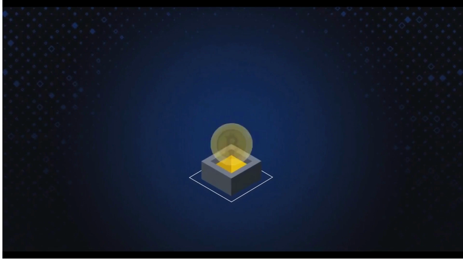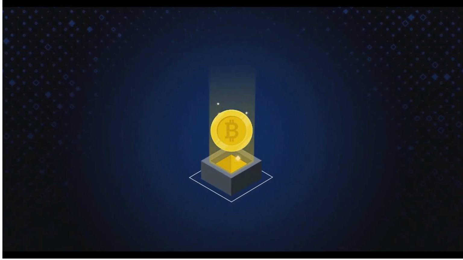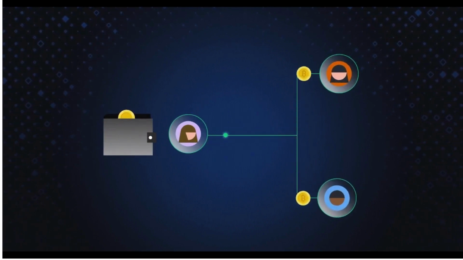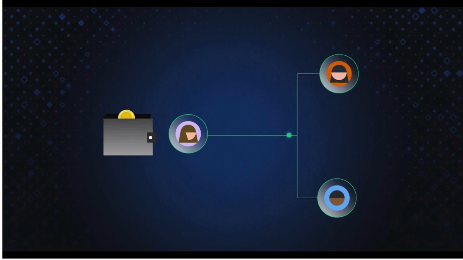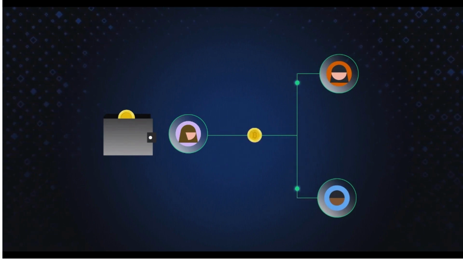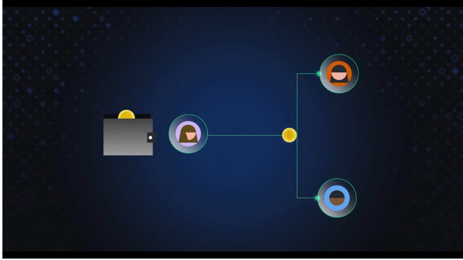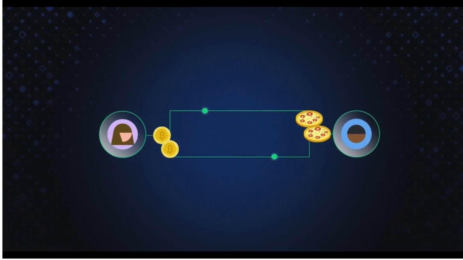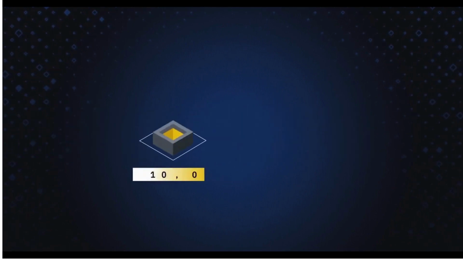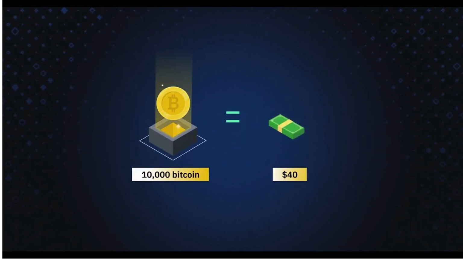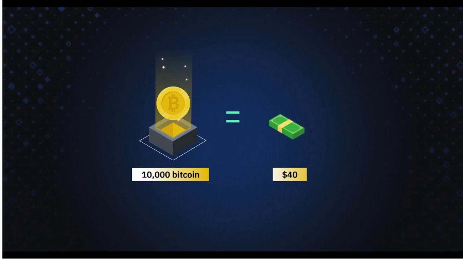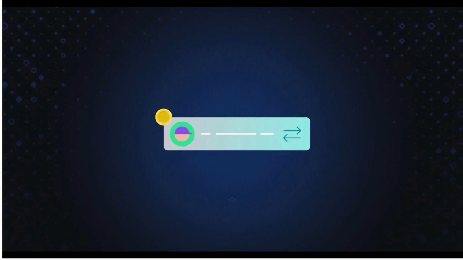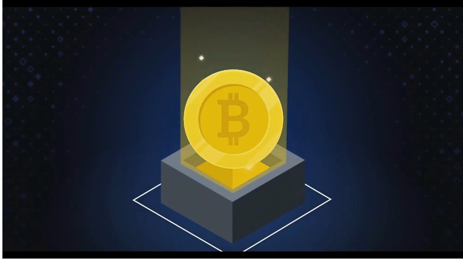Now you can see that Bitcoin has some unique features, but how is it useful? People have been using Bitcoin, which has been nicknamed digital gold, as an alternative investment to diversify their portfolio and to make purchases and payments. Bitcoin is especially appealing for international remittance. On May 22, 2010, a Bitcoin enthusiast spent 10,000 Bitcoin to buy 2 large pizzas. Back then, 10,000 Bitcoin was worth around $40. Today, it would be worth hundreds of millions of dollars. That day, when the first real-world Bitcoin transaction took place on May 22nd, is celebrated as Bitcoin Pizza Day.